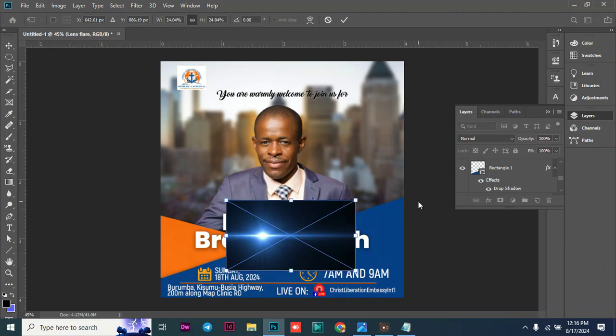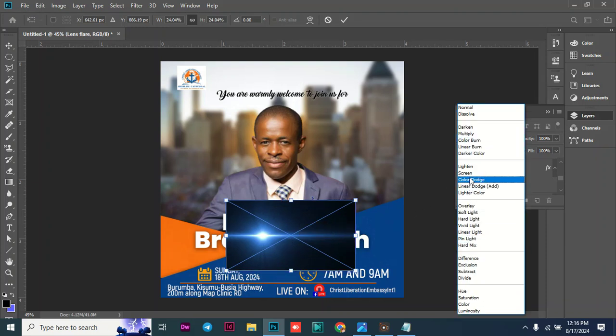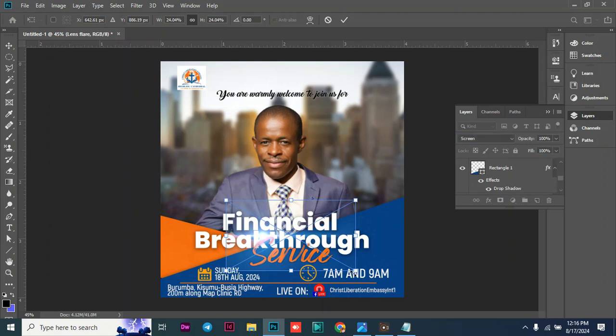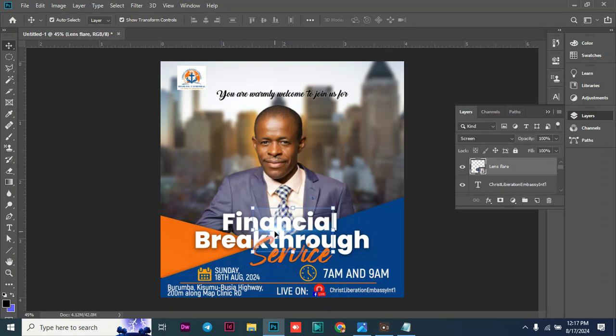I can go to my normal, my gradient, and then I can just use screen. Let me use screen to get rid of that black color at the bottom, so I can place it at that particular location. I think that location is so much okay for me. Yeah, so I can have that. Good. Then after doing that, I can just go ahead